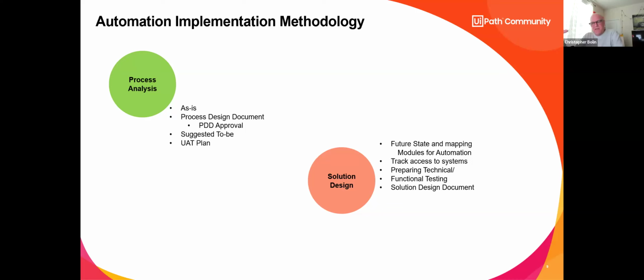But first thing is as-is. What are the steps as-is? And you can use swim lanes. You can use Visio, just regular outputs. I mean, BPM, I think that's the name of it. You can use any type of model that you want to develop to show what the as-is process is. Make sure it's detailed enough and captures everything.